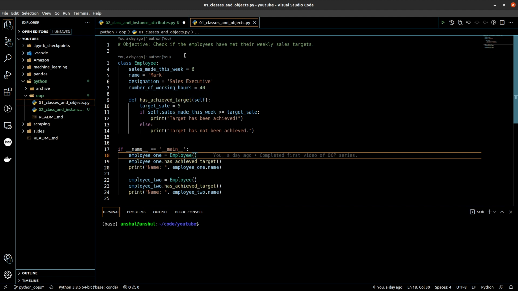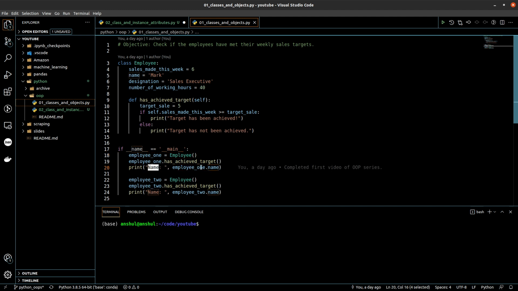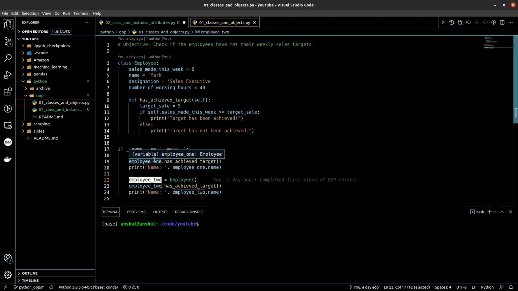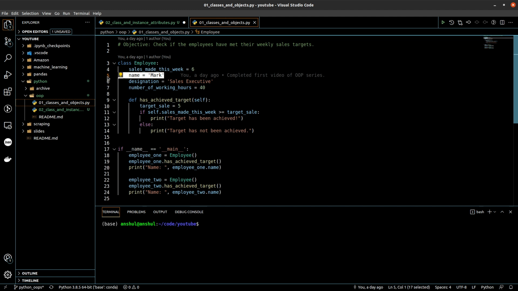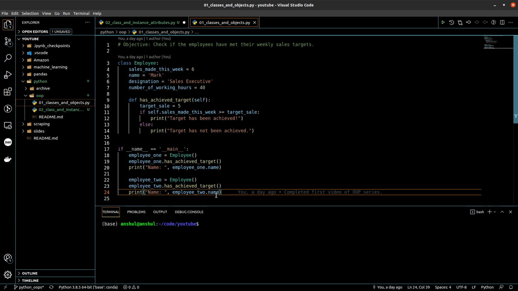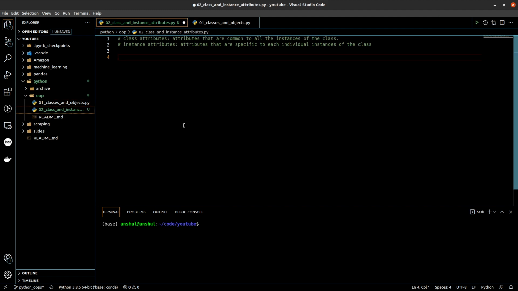But we also saw one issue in the example in the previous video, where if we are creating two objects for the same class and trying to access an attribute, for example, the name attribute, even though there are two separate objects, ideally the name attribute should be specific to the instance. But what was happening in our case is, because both the objects were calling the same attribute, which was defined as a common attribute for the entire class, the output was always the same name, which is not an ideal situation. So that is where we would want to first understand what are class attributes and what are instance attributes.